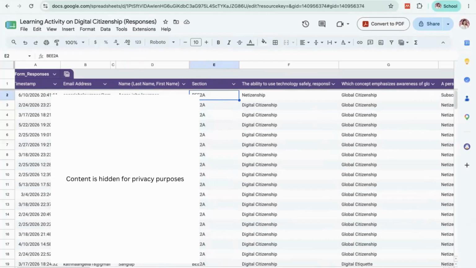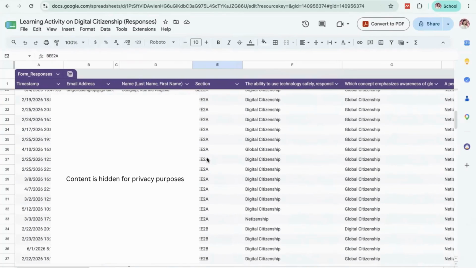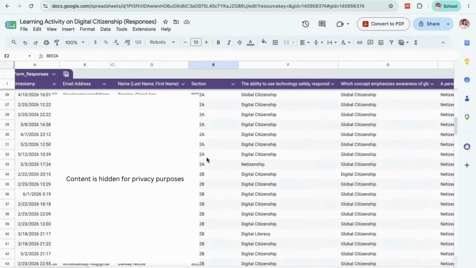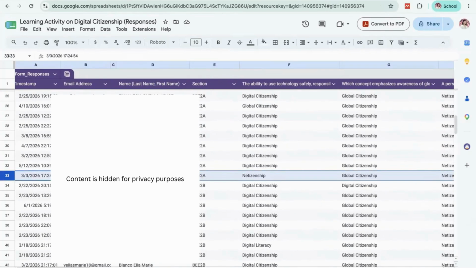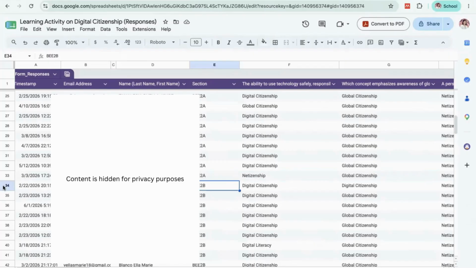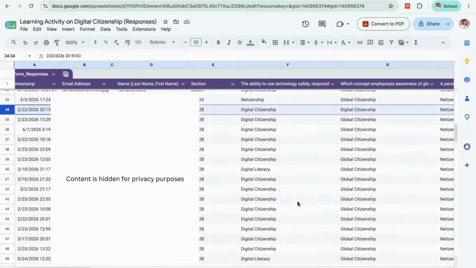I can see now the list of students in section A alphabetically. It ends here. And I can also see the list of students in section B that starts here, at row 34, from Amazola Carol Jane.